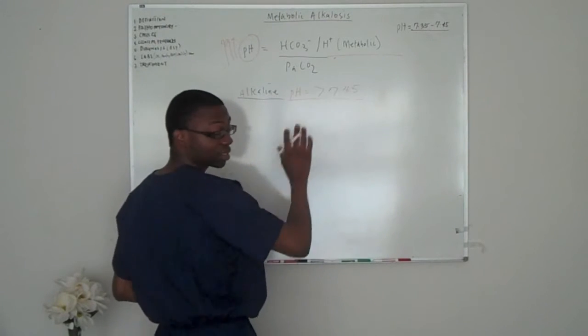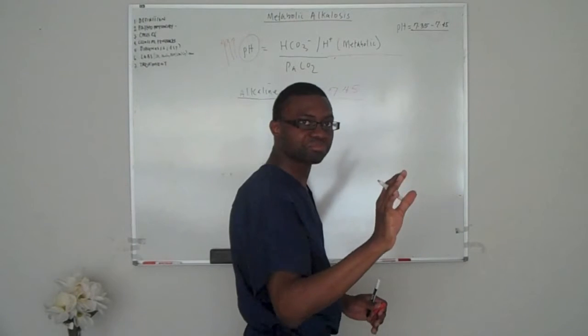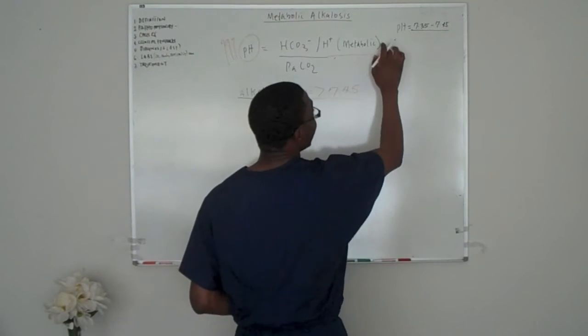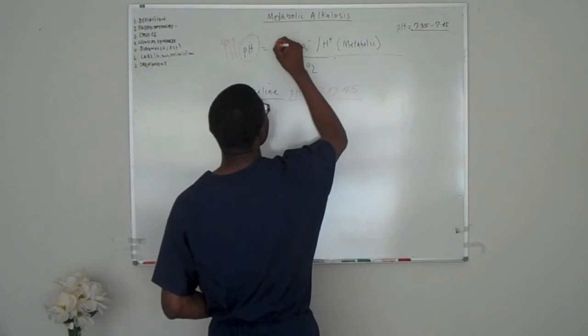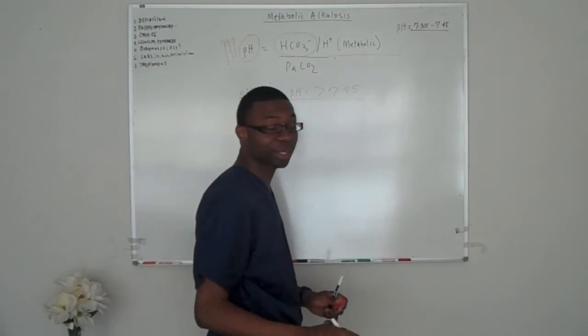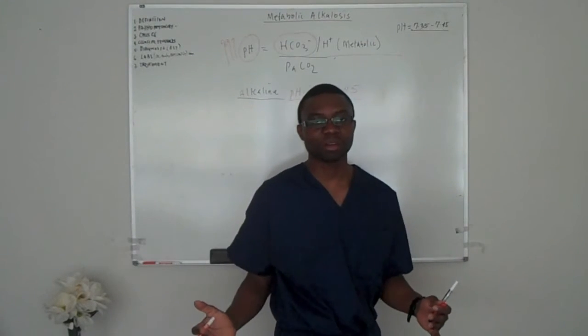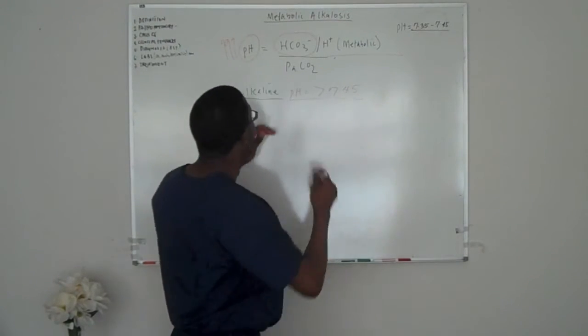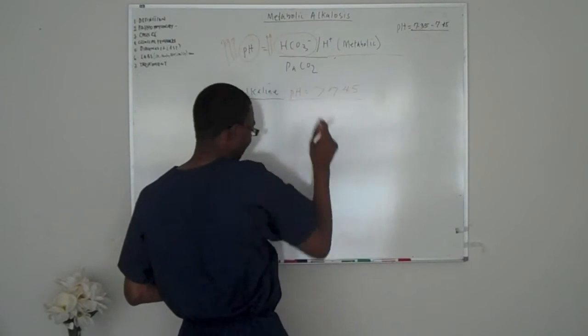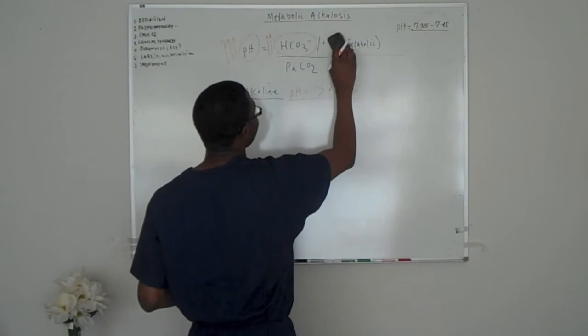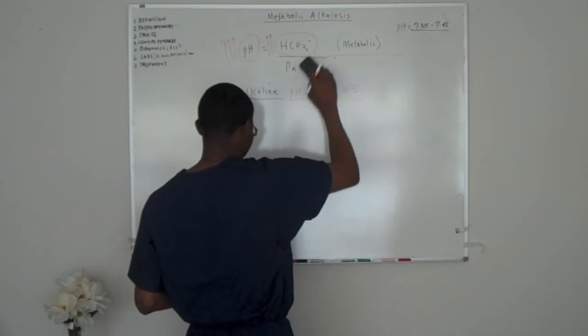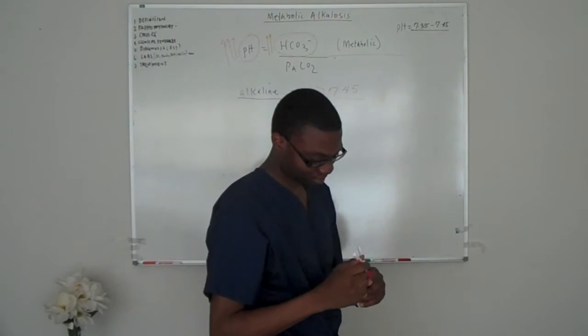We'll talk about it because it's a compensatory mechanism, but that will come later. Metabolic means the pH has to be high. The only way the pH is going to be high is from bicarb. Bicarbonate is going to be elevated, and automatically, guess who's going to be lost? Oops, my fault. Hydrogen ions.